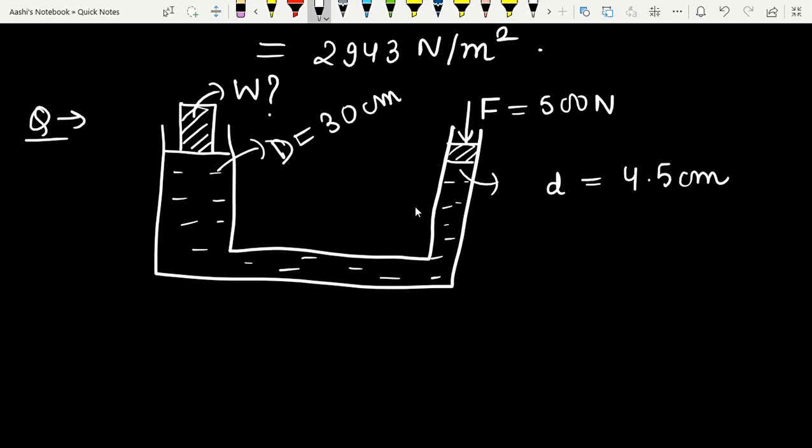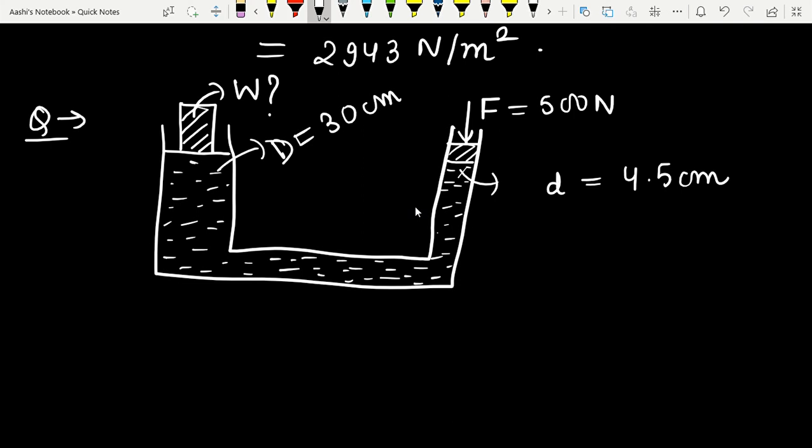So here there is a fluid with which it is filled. One very important thing that you should know is the fluid which is filled here should be incompressible. That means there should not be any volume change. If there is any volume change, what will happen? The pressure distribution will not be uniform, because some force will go in changing the volume of the fluid. But here I am assuming no force is utilized in changing the volume of the fluid.